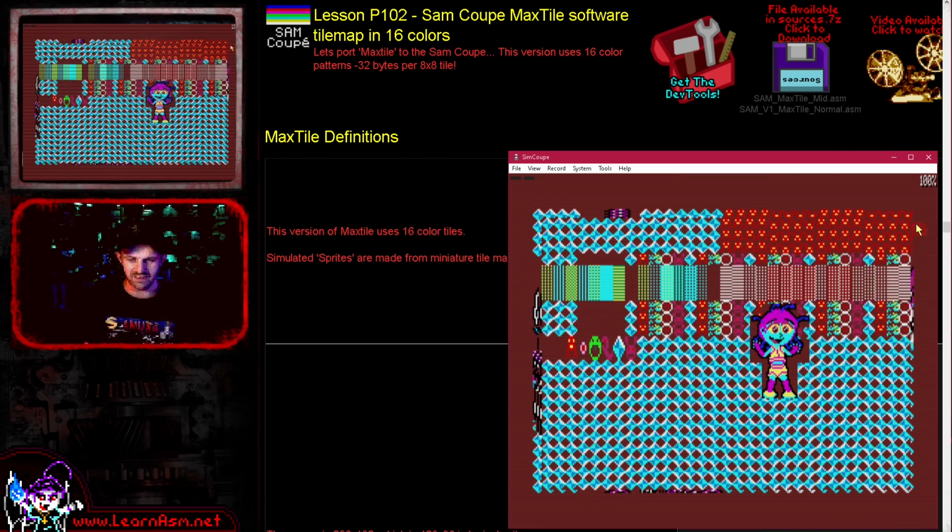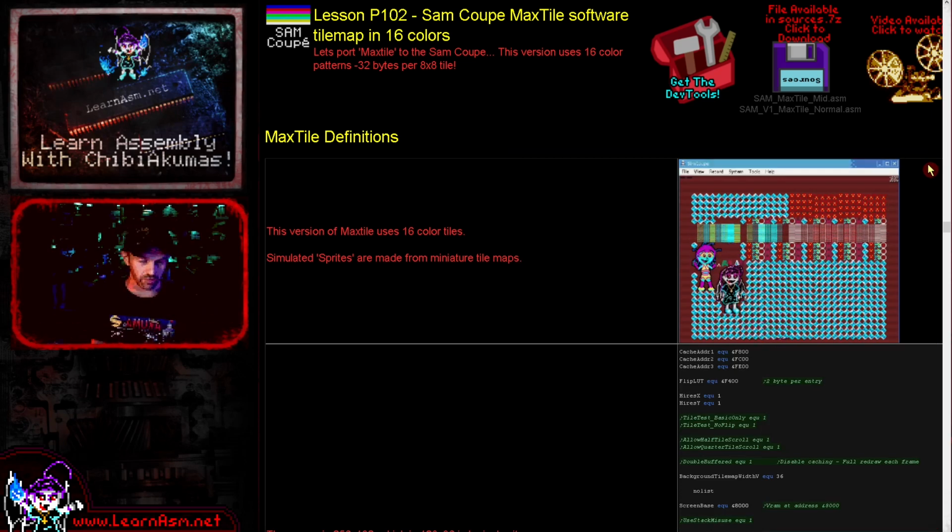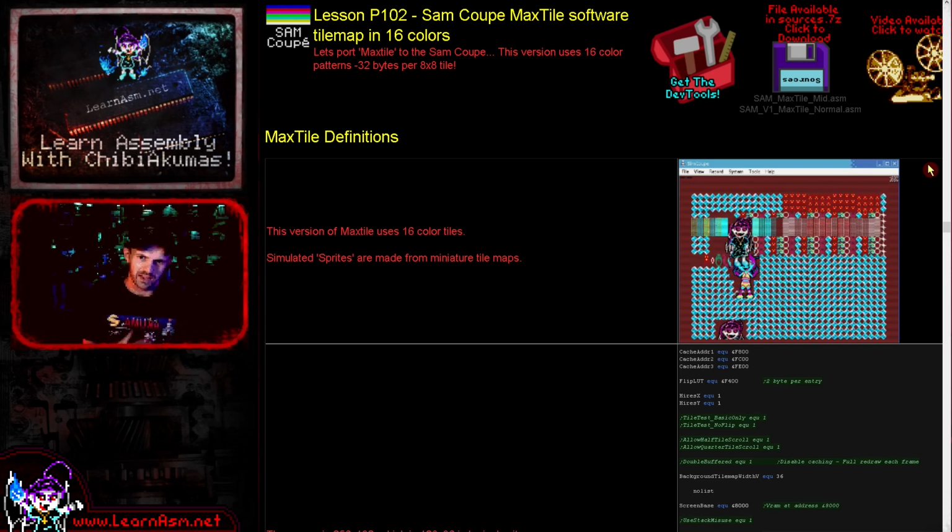Now this is the 16-color version, so the tile patterns are using 16 colors. We're going to look at next time at a 4-color version as well. I like to use 4-color patterns because they're 16 bytes rather than the 32 today's is using. Saves a lot of memory, and it makes things a bit easier on 64K systems,